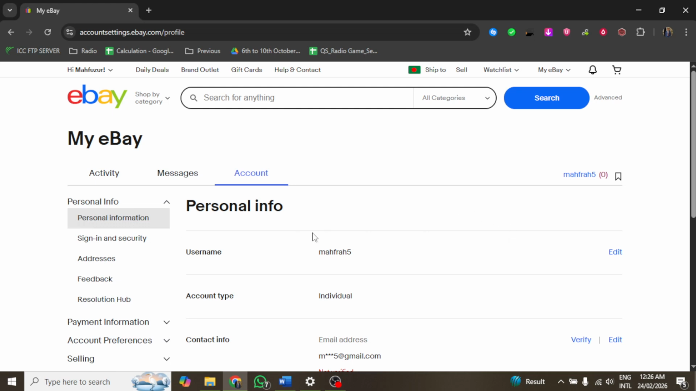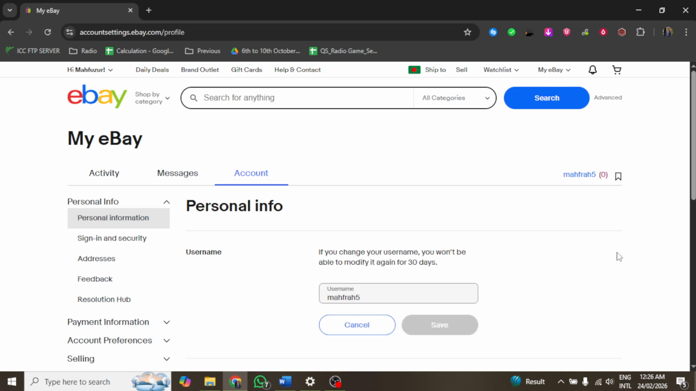proceeding. Next, locate the name field that you wish to change and click the edit option next to it. This will allow you to enter the updated name exactly as you want it to appear on your account. Take a moment to carefully check the spelling and formatting of your new name before saving the update. It is crucial to provide accurate information, as some changes may require verification or additional confirmation from eBay to ensure